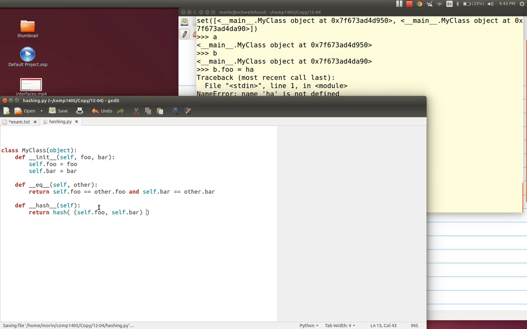Super easy. And sometimes it's not exactly the properties that you hash. It's whatever equals is using to compare. So maybe this doesn't care about case, so it might convert them to lowercase before comparing them, in which case you would do the same thing for the parts that are converted to lowercase. So take all the stuff that's used to test equality and hash all that together. That's the recipe.